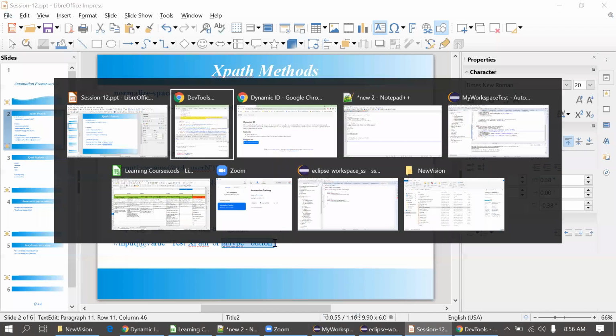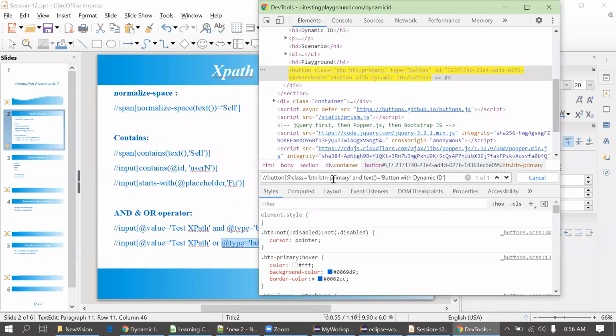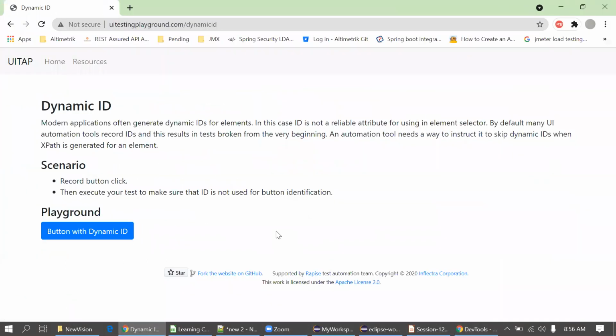In the AND case, both conditions should be true, first and second. In the OR case, either of the two conditions should pass. So now I'm passing the OR. In OR, it checks the first, it is passing, so it will simply give the locator. So I just try to find the proper locator for the proper scenario.